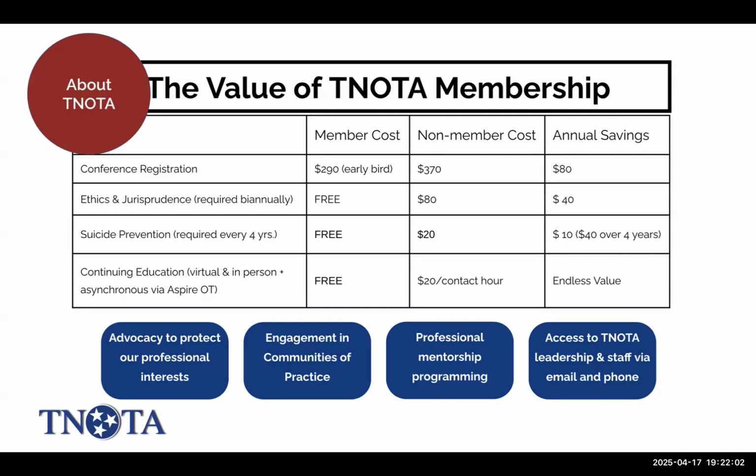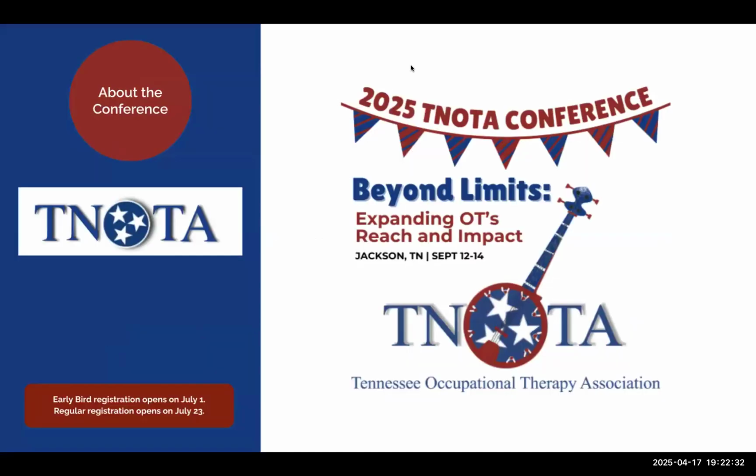One thing that we added about a year ago is capacity to text and get a prompt response during business hours. So if you got just a really quick question, want to know about something, and don't see it on the website, or you just need that advice, you should get a quick turnaround during business hours through text or phone call. And certainly you can always email as well. So lots of benefits, both tangible and more intangible, for TNOTA membership.